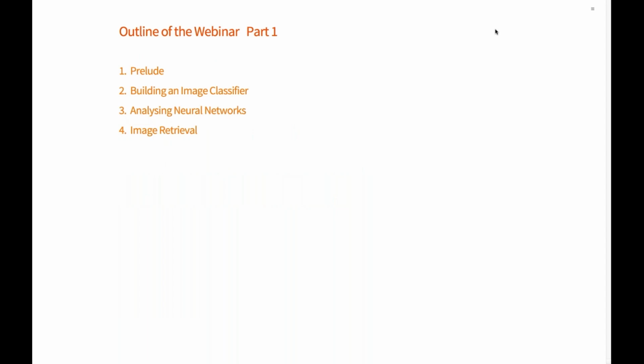This is a quick, rough outline of the first part. First, I will just say a few general words. It's titled Prelude about image processing and neural networks, which have a very intimate relationship. Then, in order to basically look into the tool chest, I'll build with you an image classifier from step one all the way through step by step to show you what is needed, what these different tools are for, and how to improve your classifier as you go along.